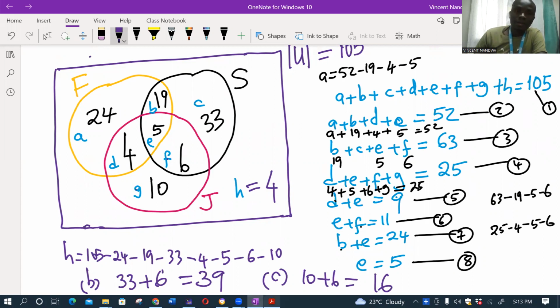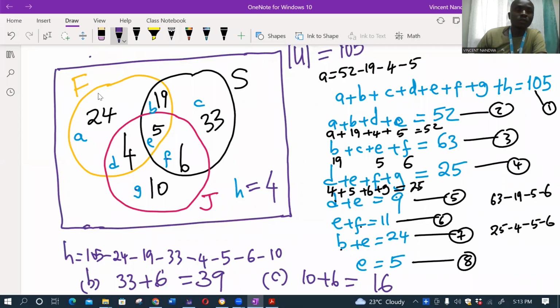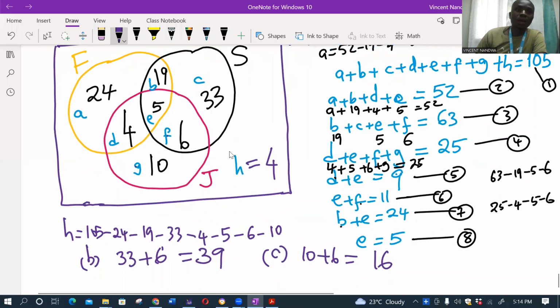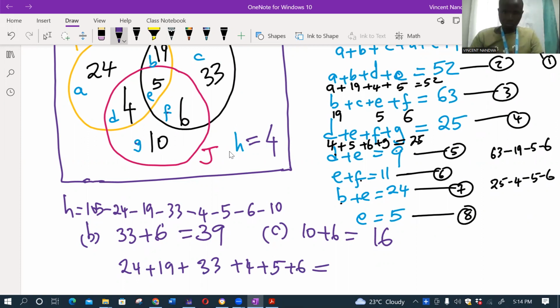Then D, okay, E, how many have studied French or Spanish? So French or Spanish means you are either in the yellow set or the black set. So which means we'll have 24 plus 19 plus 33 plus 4 plus 9 plus 5, then plus 6. So that gives us a total of